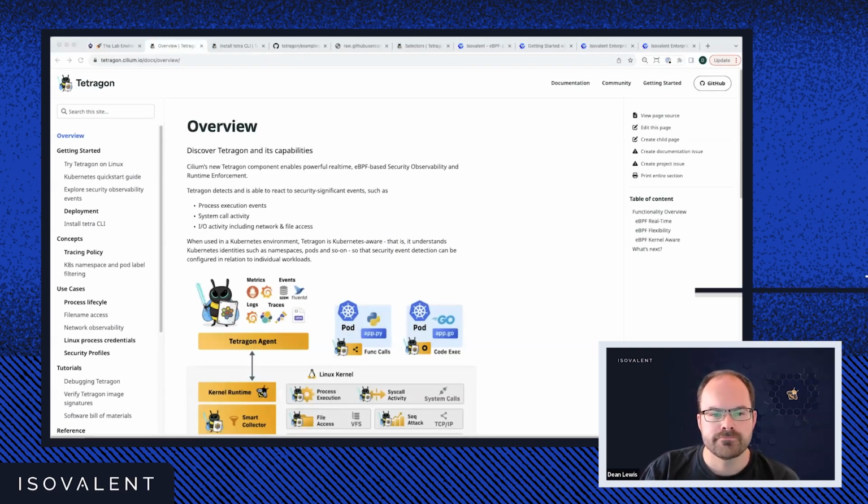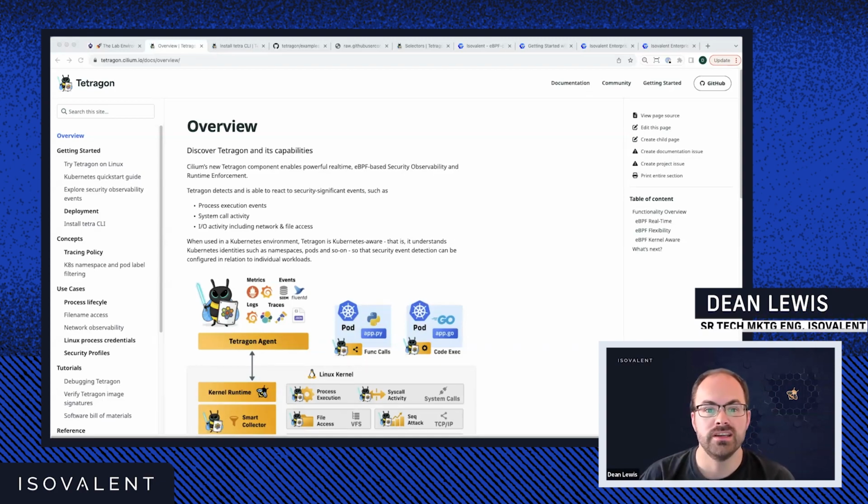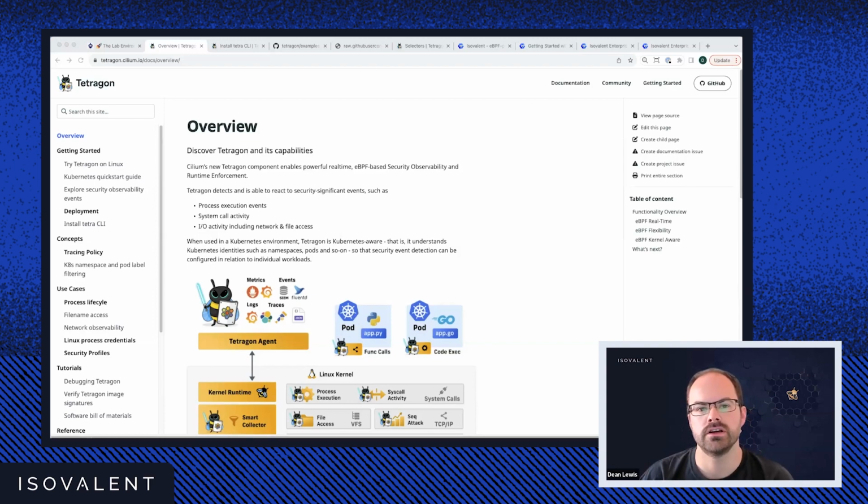Hello, everyone. Today, I'm going to help answer the question, do we need Cilium to take advantage of Tetragon? And the answer for that is no. So what I wanted to do is actually take you through a lab environment where I've got Calico installed, but you can still see all of the powerful security observability and runtime enforcement capabilities of Tetragon without having to use